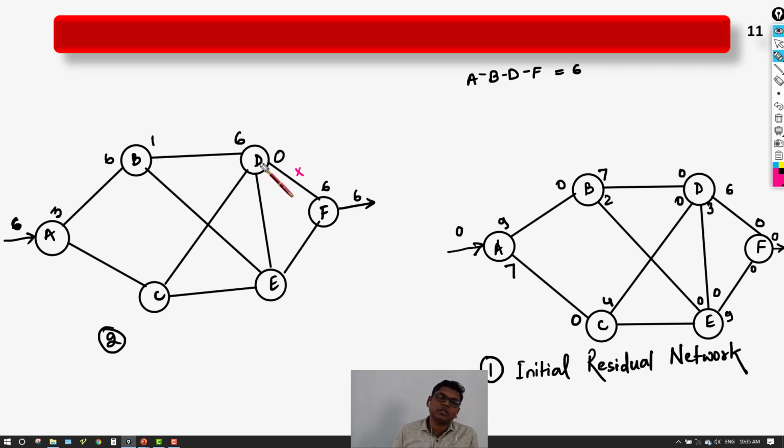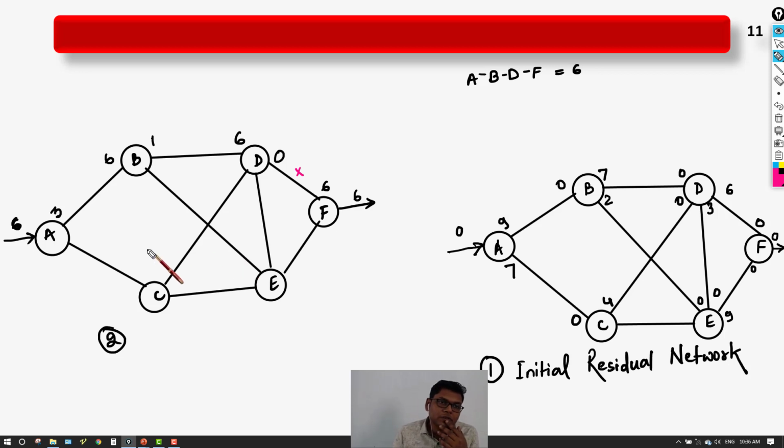And why would I go E to D? Because from D to F it is not possible. So we cannot go for this one. So A to B 3, B to E only one path is remaining. Okay, let's see another way. A to B, B to D possible, D to E possible, E to F possible. So we will take this one. See, it is better to take a systematic way. If we go arbitrarily, taking any path, then we will be confused.